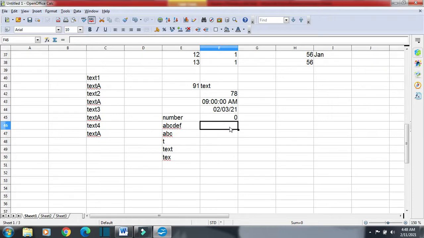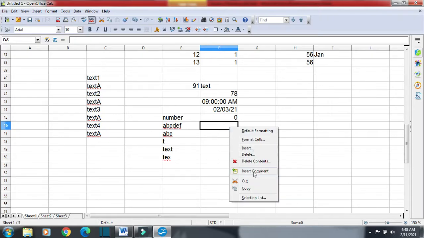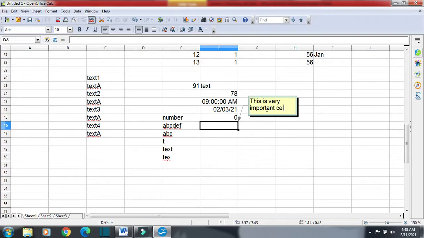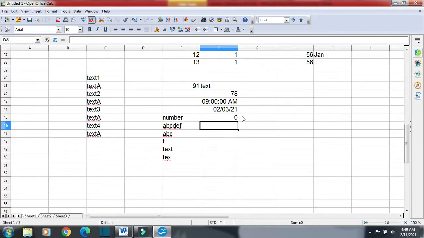How can we insert a comment? Right click, and then here we have the option insert comment, and I am writing a comment: This is a very important cell. To identify anything, we usually go for a comment. When I place my mouse cursor here, it will show me the comment. This is a very important cell.